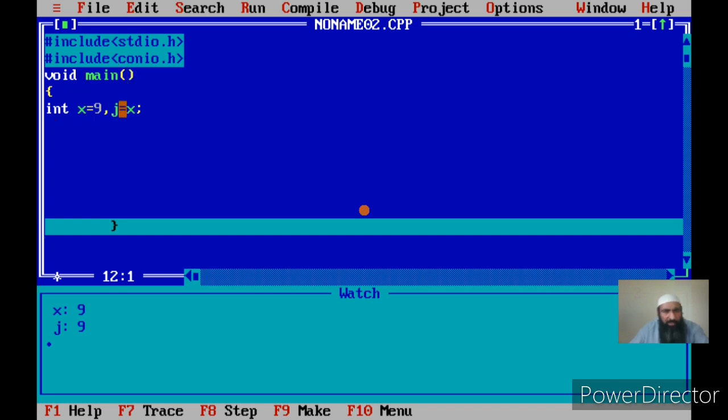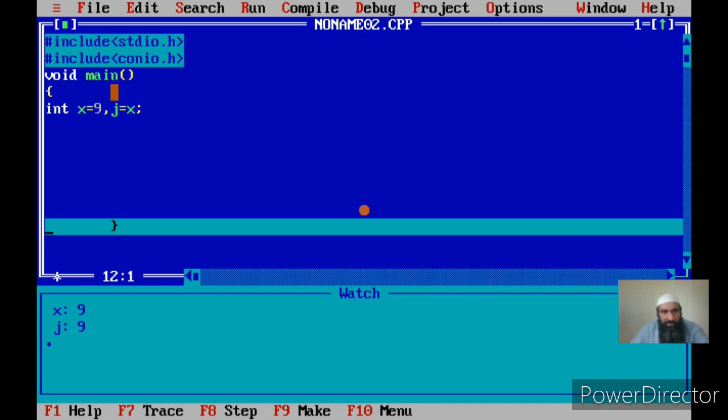The important limitation of this method is that once we do it at the point of declaration, the variables are always created in the order in which they have been declared. First I have declared x, then I have declared j. So first x is created and then j is created. I told you that we can assign a variable that is created earlier to the variable that is created later.